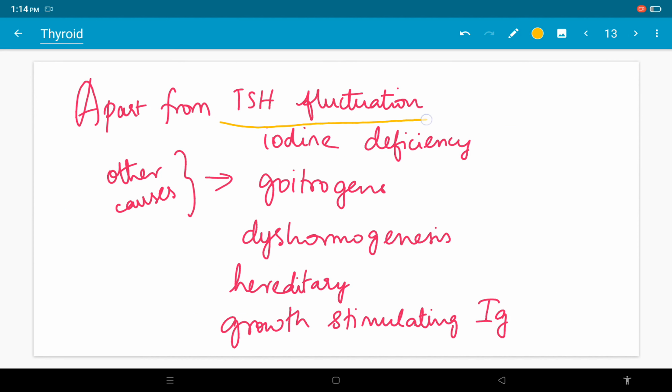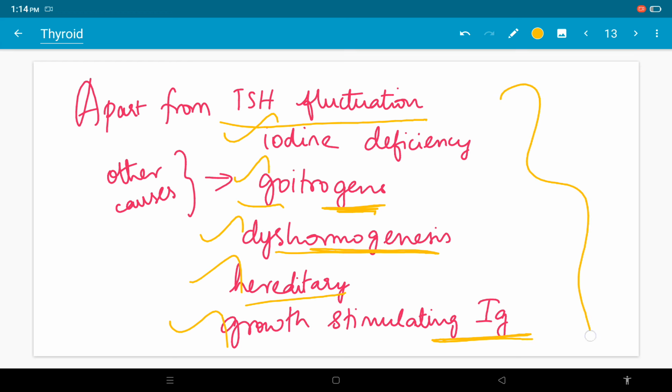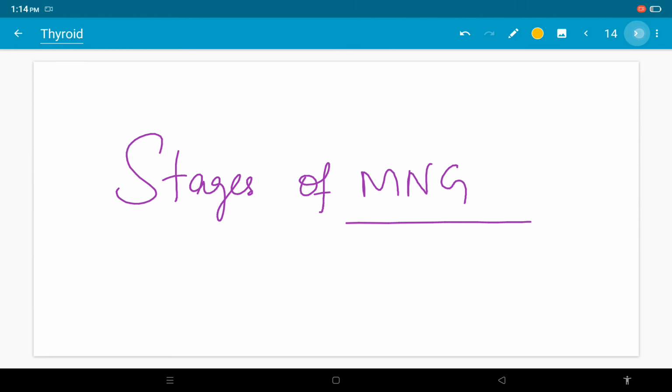Apart from TSH fluctuation, iodine deficiency and goitrogens, anything with "gen" means it initiates thyroid enlargement. So any drug, goitrogens, dyshormonogenesis, irregularity in hormones, hereditary reasons if it is present in your ancestors, growth stimulating immunoglobulins. Any other reason could cause your MNG. So, the stages of MNG, we saw the